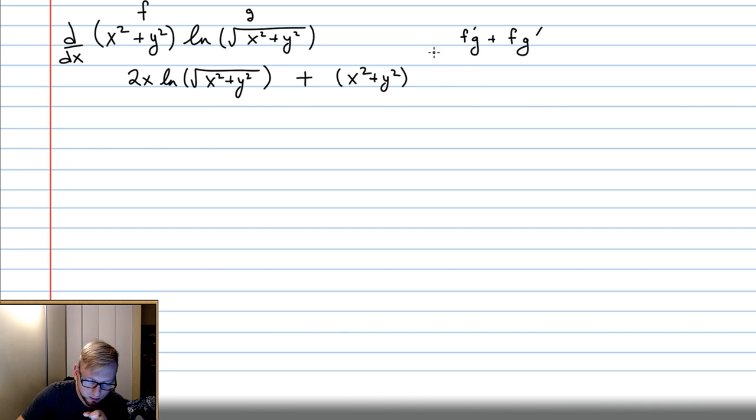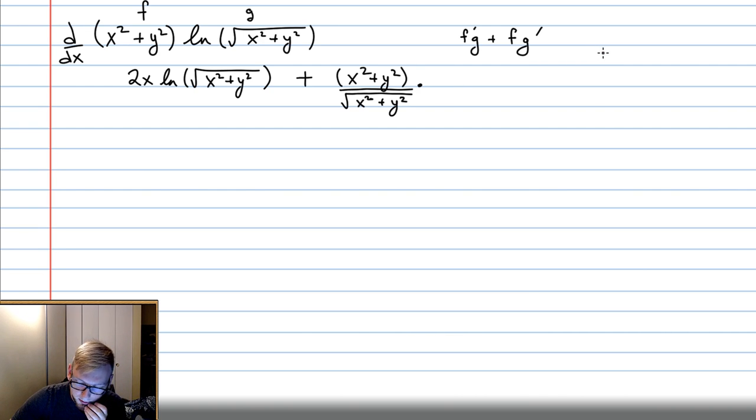And then we're going to have the derivative of the natural log function. Derivative of the natural log is 1 over what's inside it. So we're going to write this underneath here: square root of x squared plus y squared. Then we need the derivative of the inside, which will be,